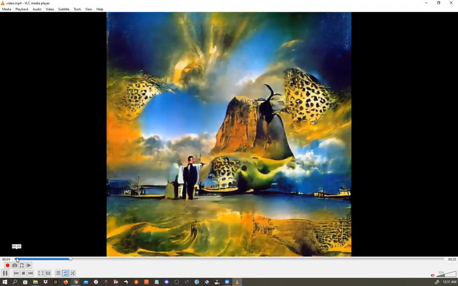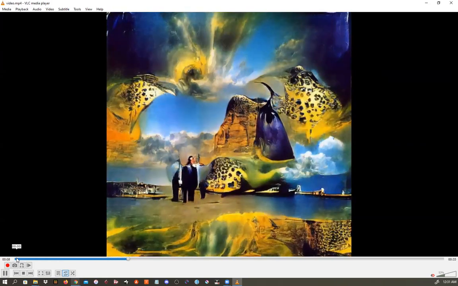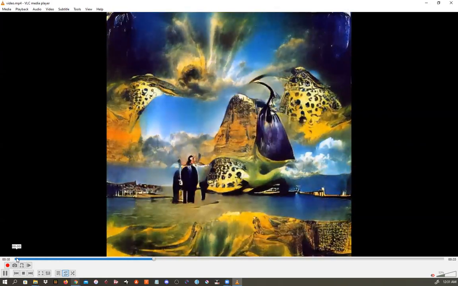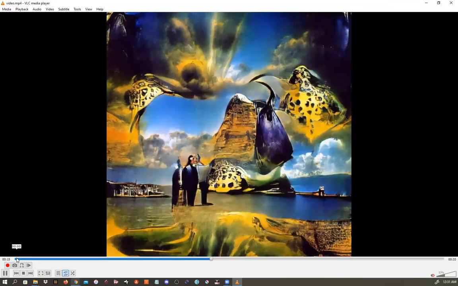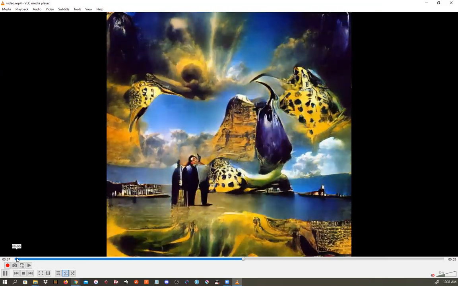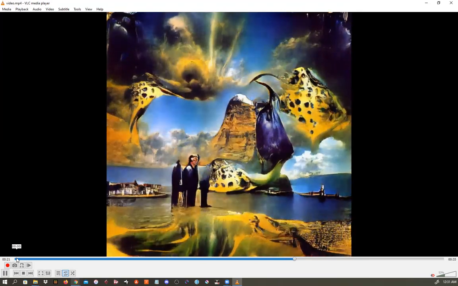I was trying to see how the eggplant started too. Was that junior or senior? It's almost like it became both of them at one point. Yeah, early on it looks more like senior. It's like they're walking up, early on they're coming towards you, and then they start turning. Now they're facing that way. Yeah, and the killer whale's getting